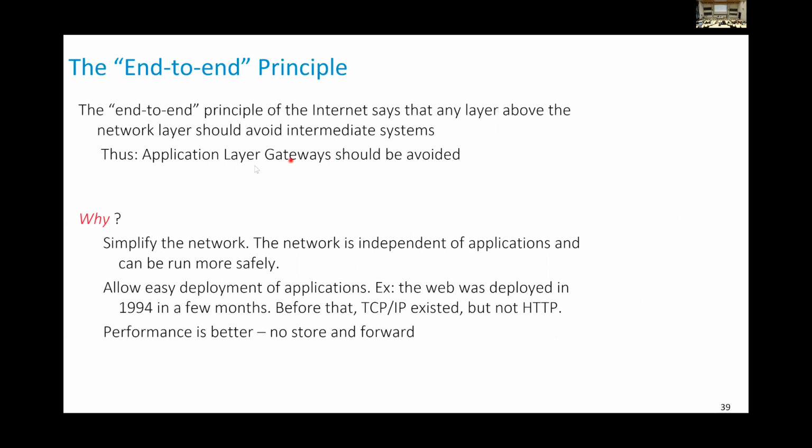I mentioned that application layer gateways are against the principles. Well, this has received a name in the internet folklore. It's called the end-to-end principle. So the end-to-end principle says that if you're designing something in the internet, you should try to do it end-to-end, which means in particular, you should not have intermediate systems of layer other than MAC and network layer. So you should not have transport layer gateways or application layer gateways like we're showing here. This is really fundamental to the design of the internet,